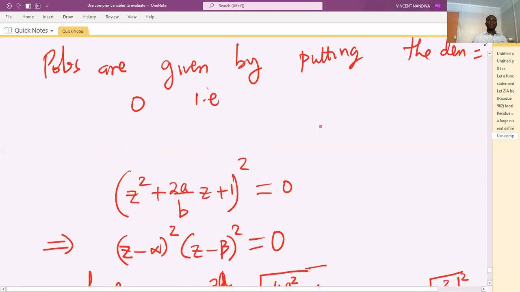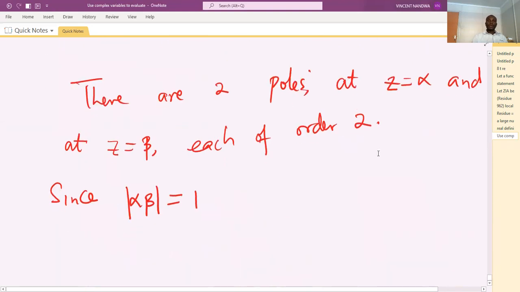This is z squared plus 2a over b z plus 1, which gives me 0. So the product of the roots should give me this constant part, and then the sum of the two roots should give me negative of the coefficient of z. So I'll have,